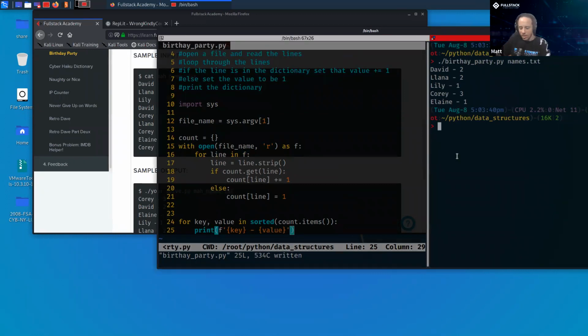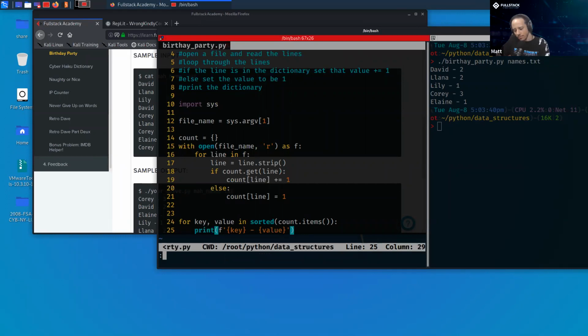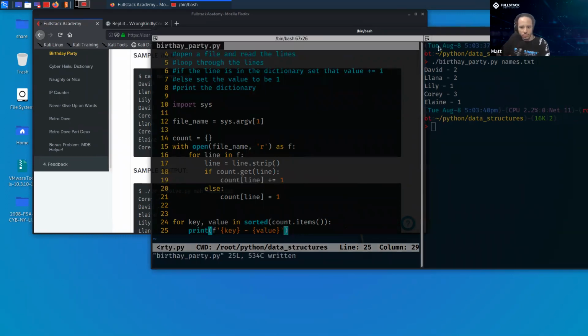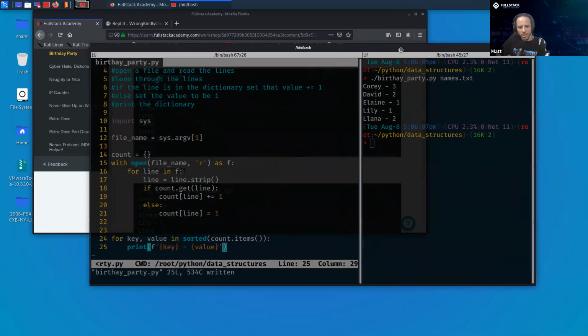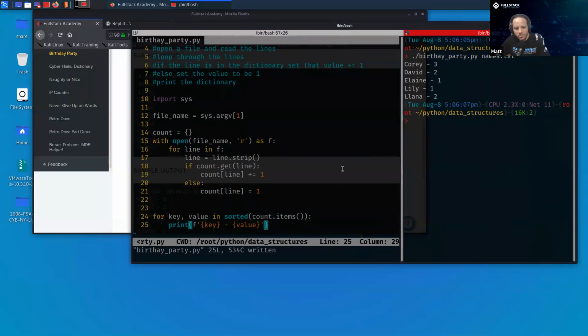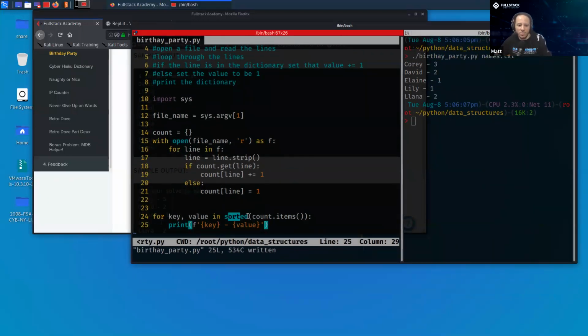So let's see. That looks like it's sorted. Did we save this? Let's save it again just in case. That looks good. That looks like what we want now. So all I did here was use the sorted method to sort the dictionary, sort the items that come out. All right, so let's